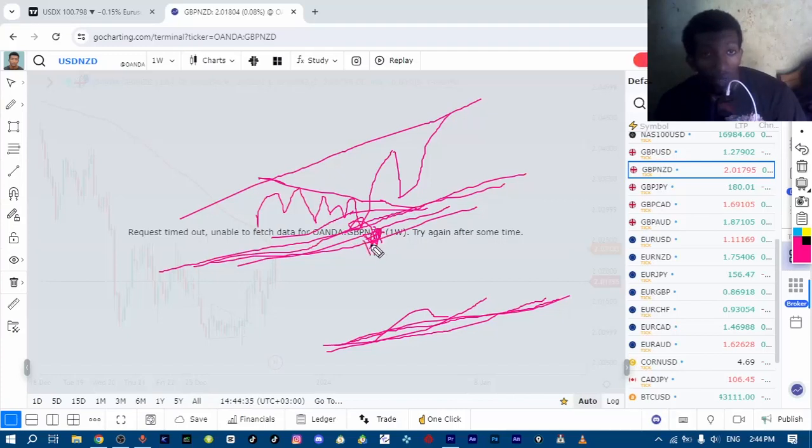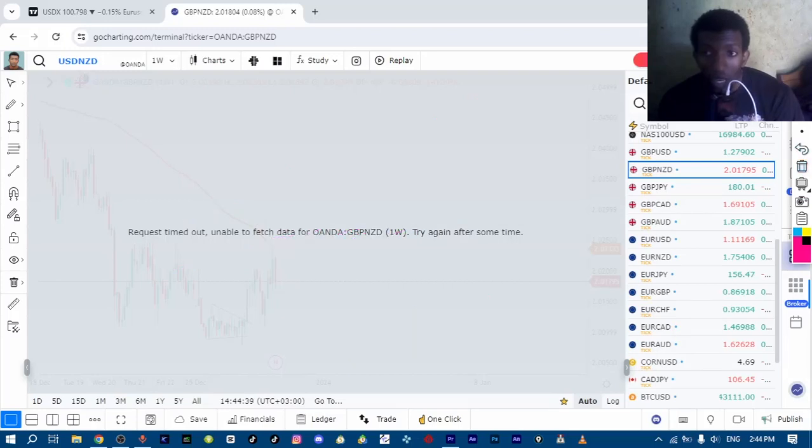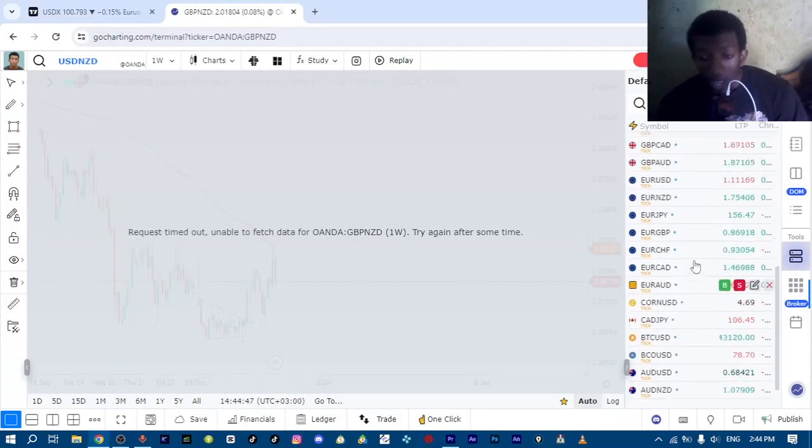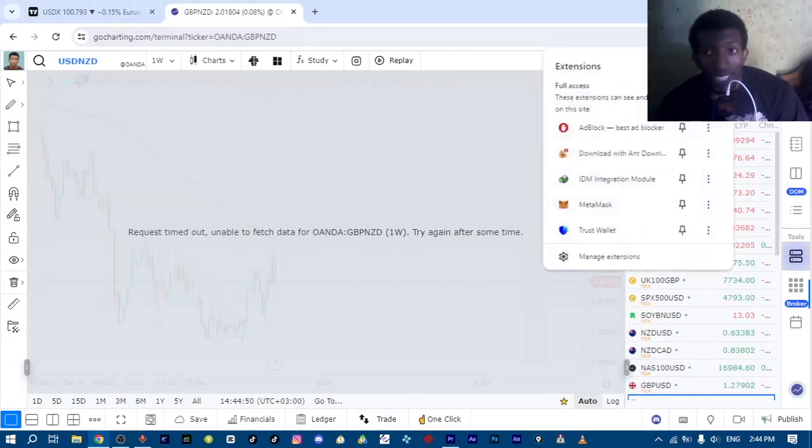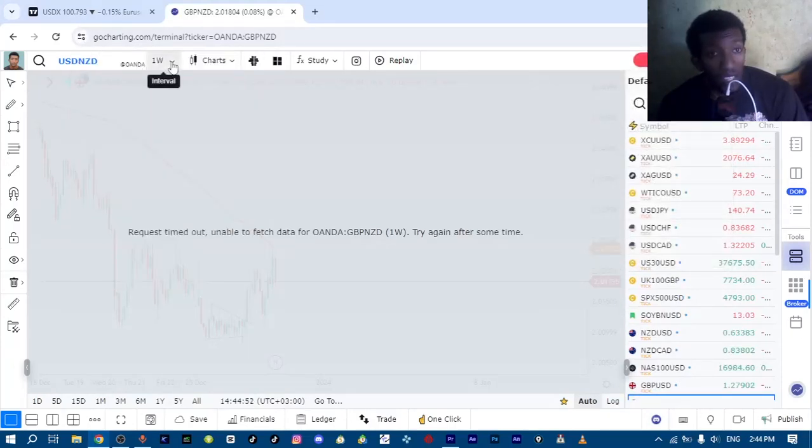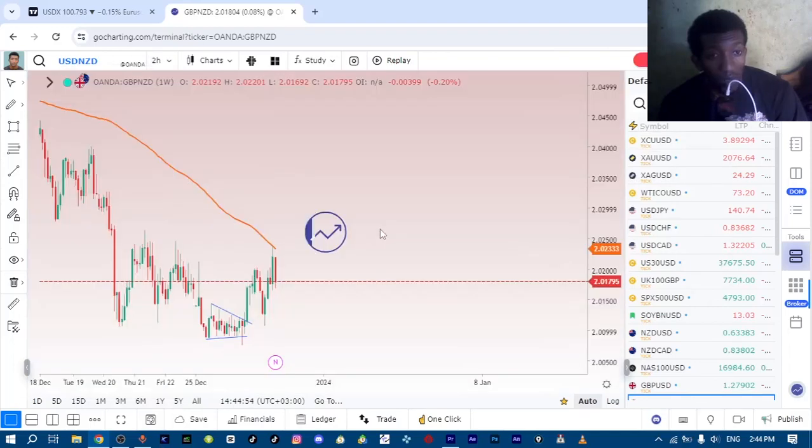In the lower time frame, it will not happen. So that is how you prevent these fake breakouts, by going to higher time frames. Okay, so this is how you use trend line breakouts